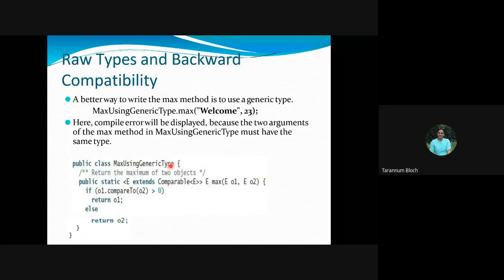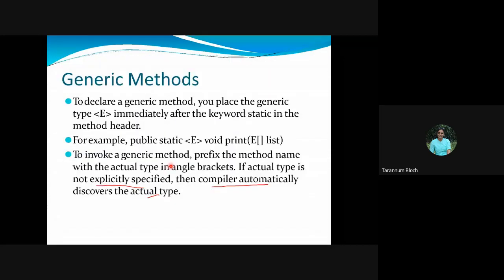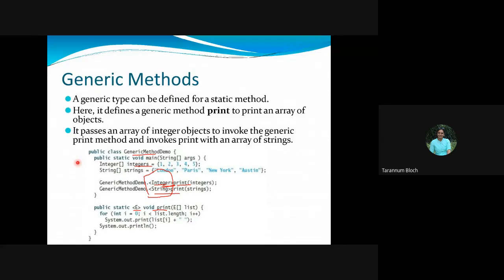You see what you did here. You have just given public static E. When you're saying E, it could be anything. It could be integer, string, float, double, any object.